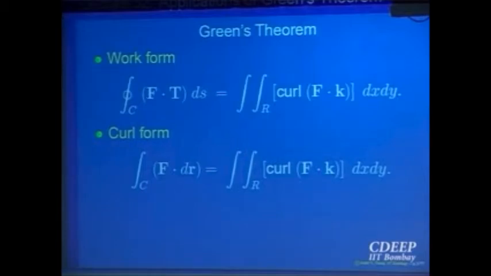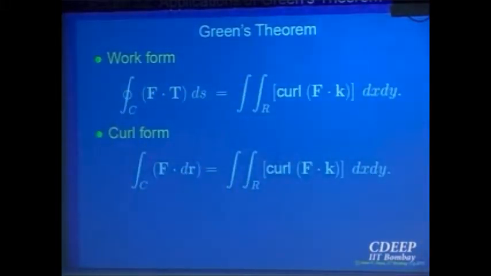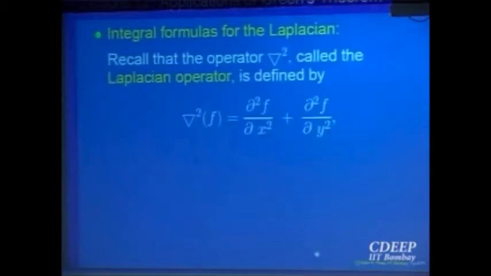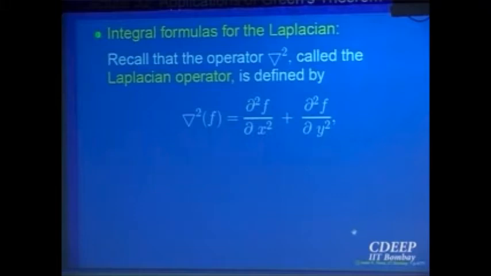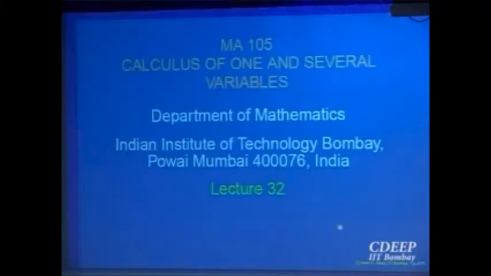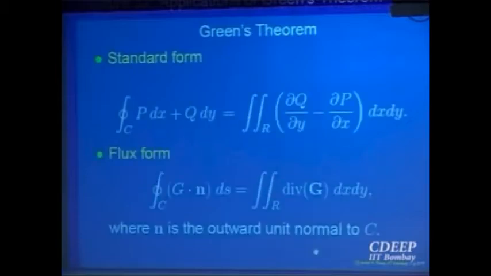So the main use of these forms of Green's theorem is that they find applications. We'll soon see it. Another reason is that in the way that we have written the flux form, so this is the flux form, in this form as well as